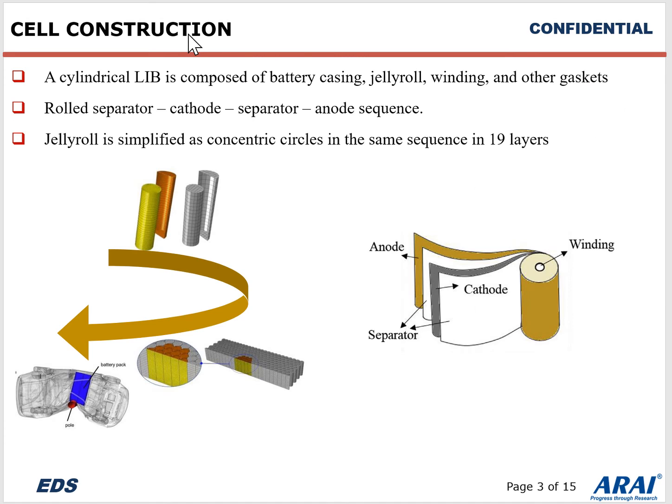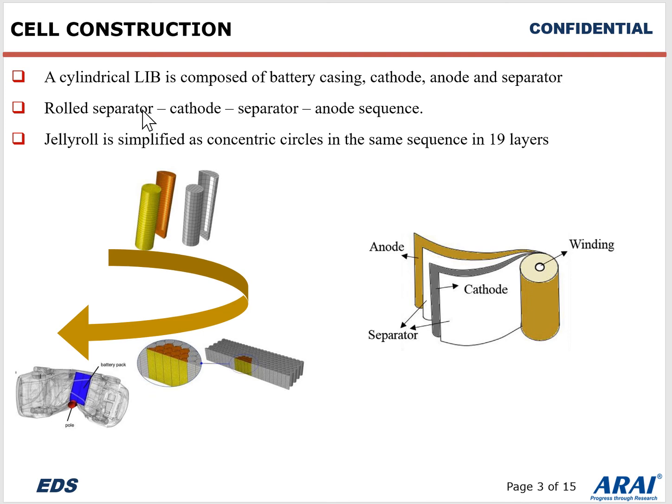Here in the pole test, we can see that the load was transferred to the battery pack. Generally, the battery pack is kept on the floor in EVs. So this load on the battery pack will be transferred to the individual cell which it came in contact with. That means the individual cell has to sustain the transferred impact load, and thus it is important to model the cell appropriately while carrying out simulation for crashworthiness of the vehicle. Now we will go through the cylindrical cell construction.